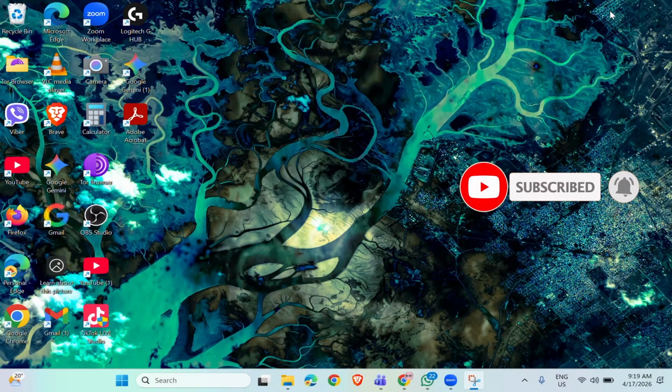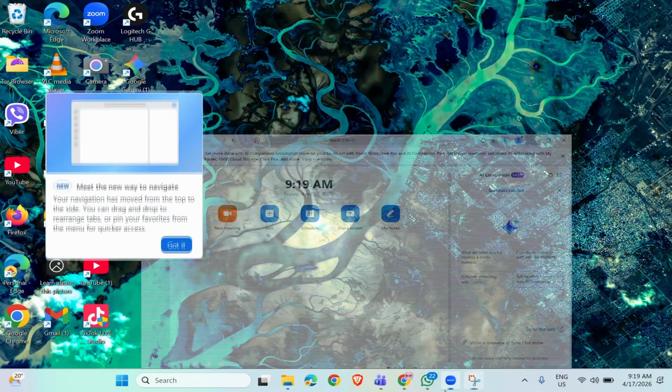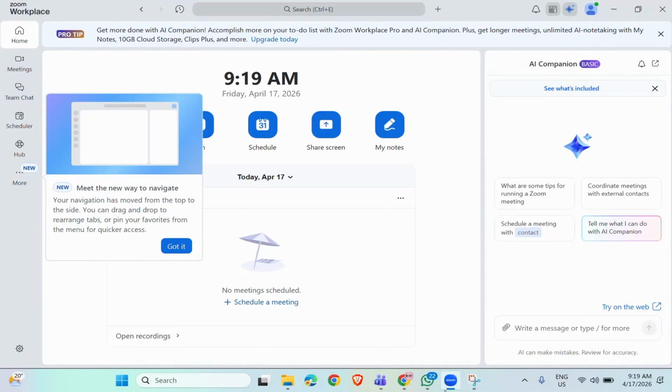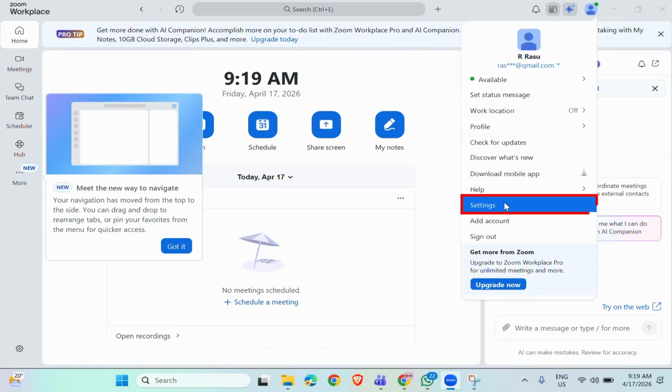So let's dive right in. Open up your Zoom app and then you need to go to your profile icon in the top right and then go to settings,